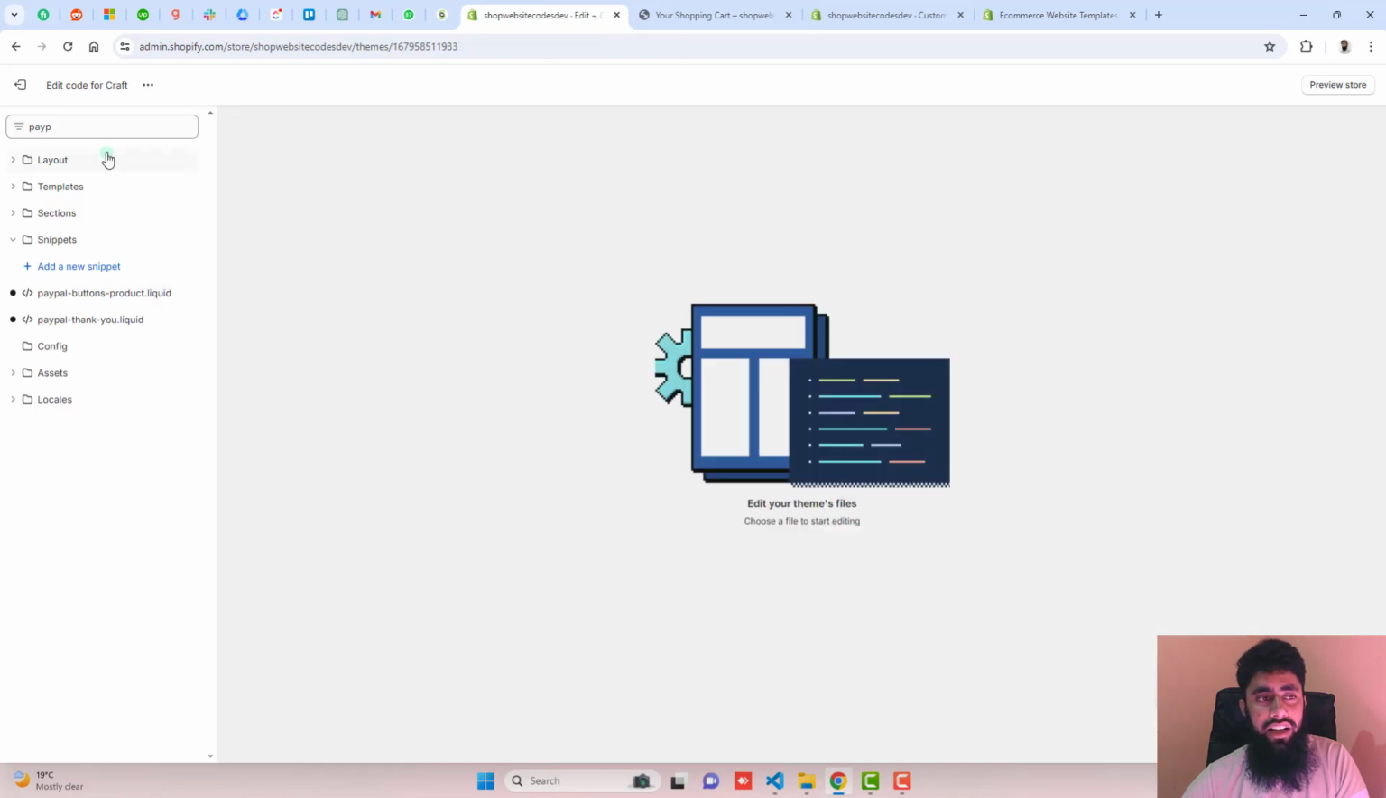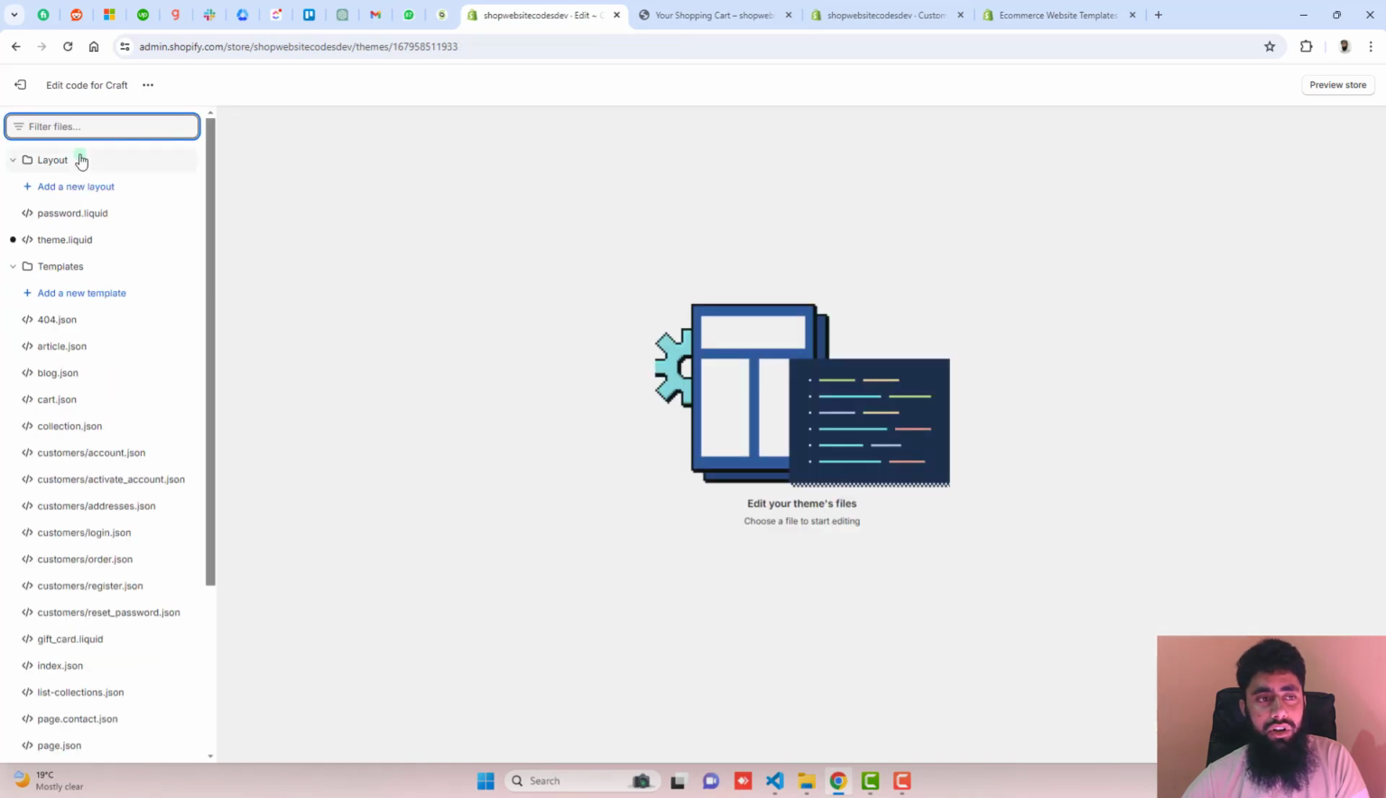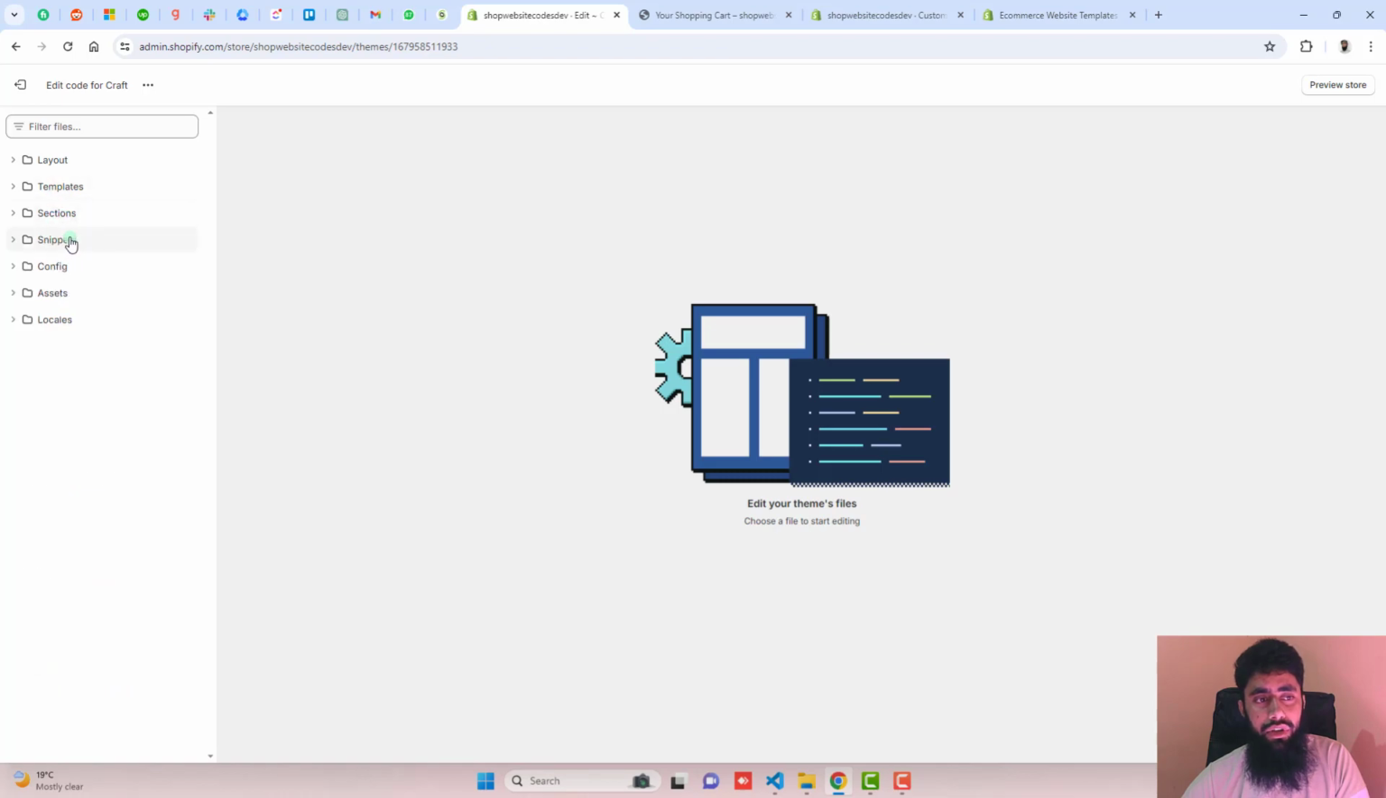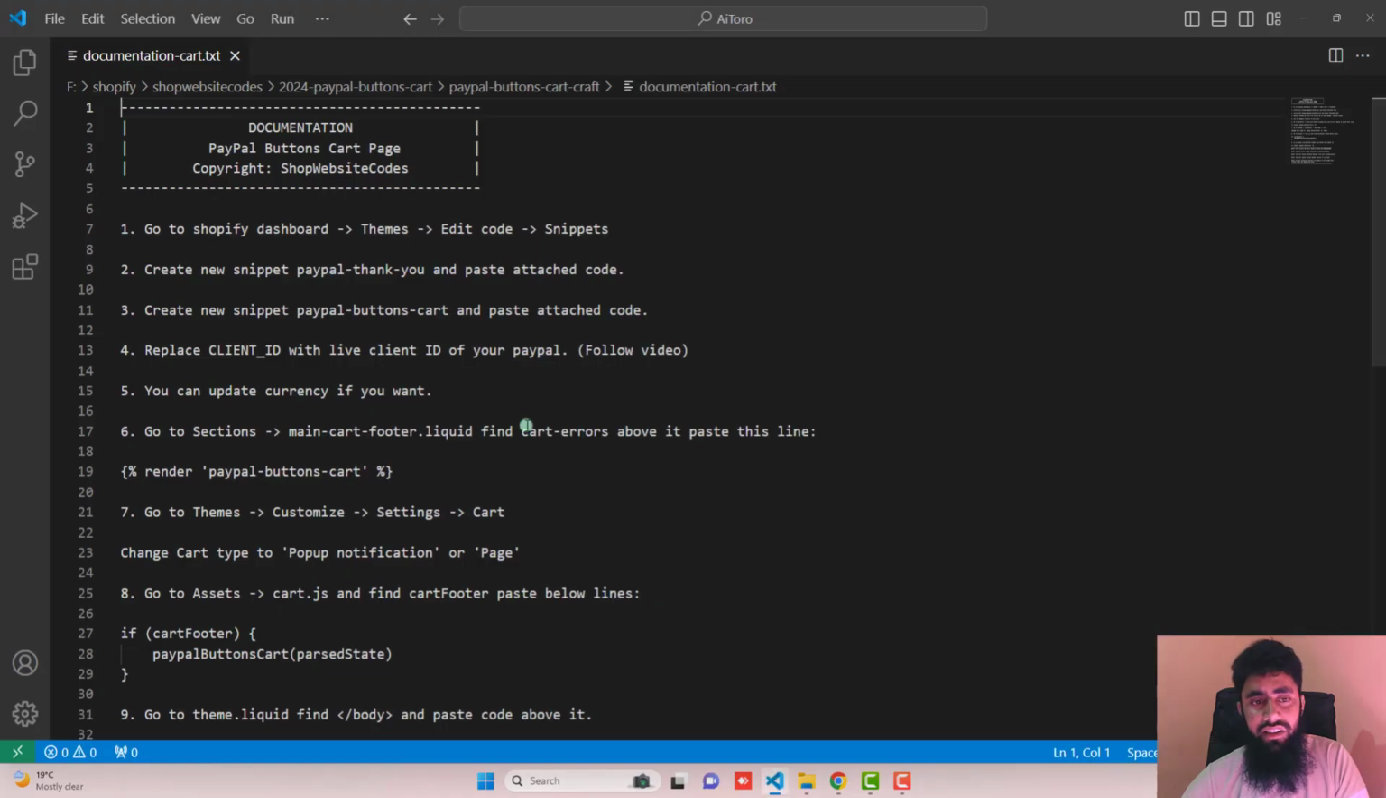So let me close these files and clear this search box, and here we have some folders and files. You need to click on snippets, and then after you should create a new snippet, PayPal-thank you. So actually this file we already created, so we don't need to create it again. The third step is create a new snippet,